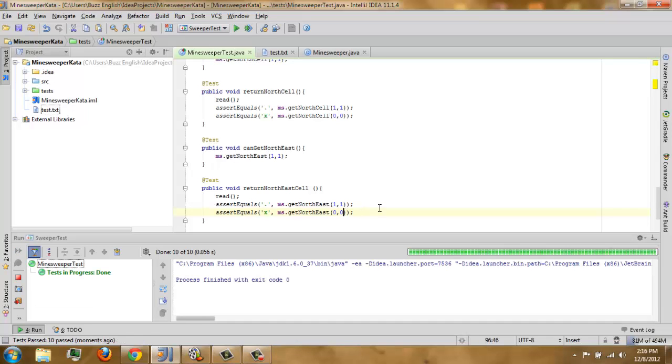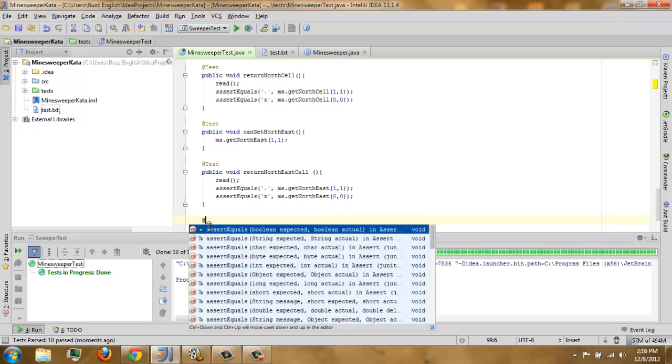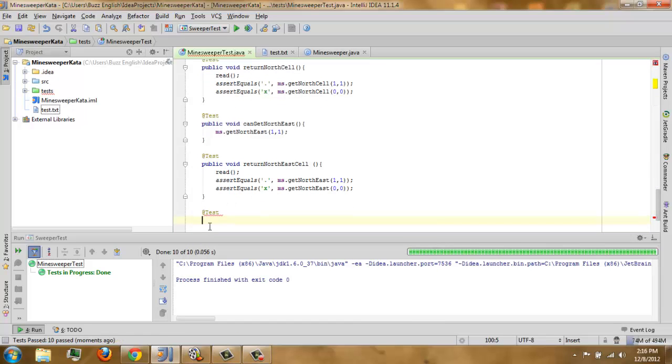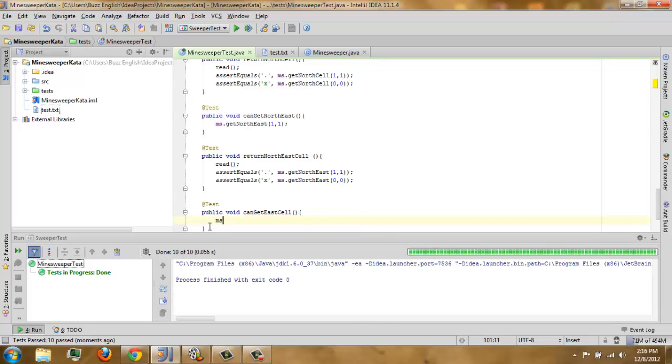Next is east. Public void can get east. We have to ask our Minesweeper if it contains the method.